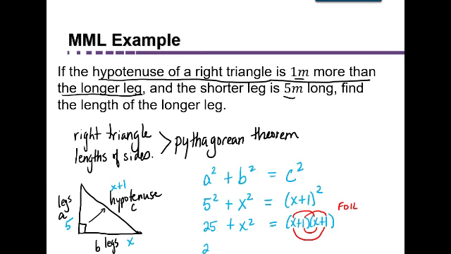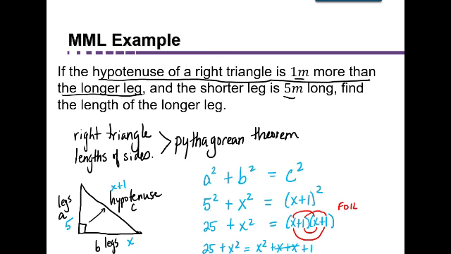We're going to get 25 plus x squared equals, first times first would be x squared, outer times outer would be x, inner times inner would be 1 times x is x also. And then 1 times 1 is 1. So we have the equation 25 plus x squared equals x squared plus 2x plus 1 if we combine like